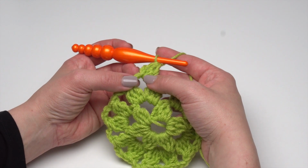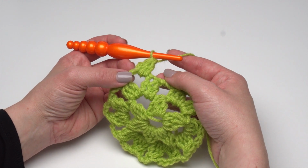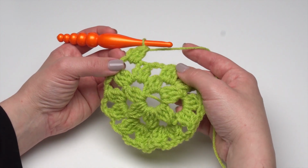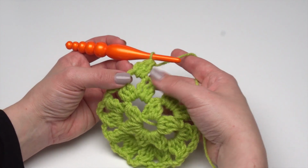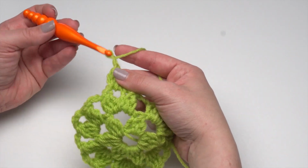So from after our beginning cluster, we hit our brackets. It's a chain 3, cluster, chain 3, and cluster in the next space, followed by 1 cluster in the next space. So we've still got our chain 3s in between. Let me go ahead and demo that. We are going to start with our chain 3,